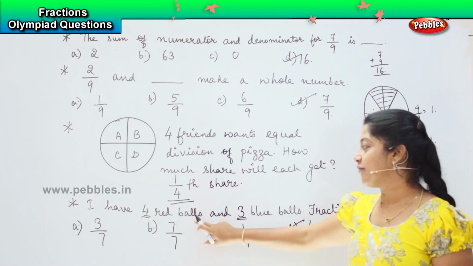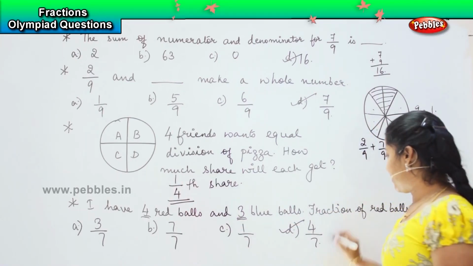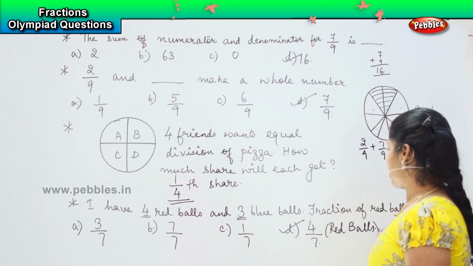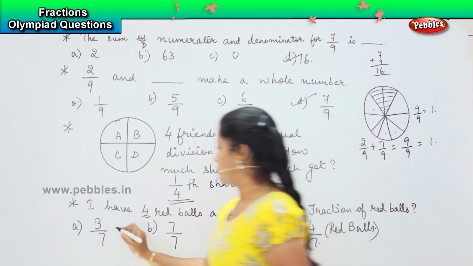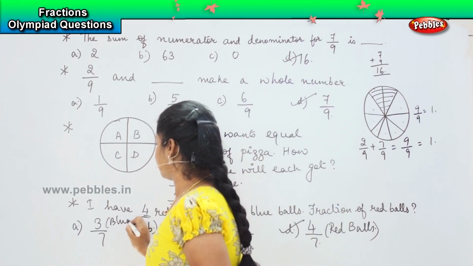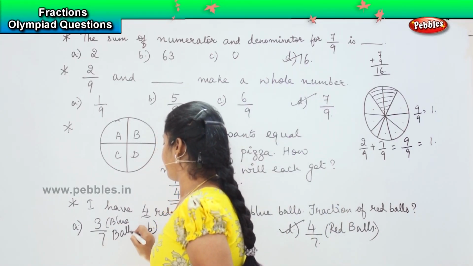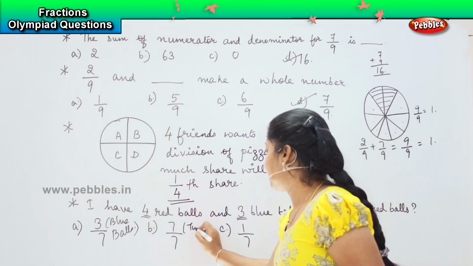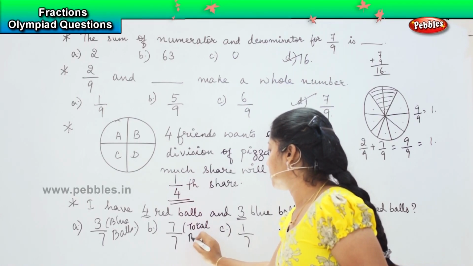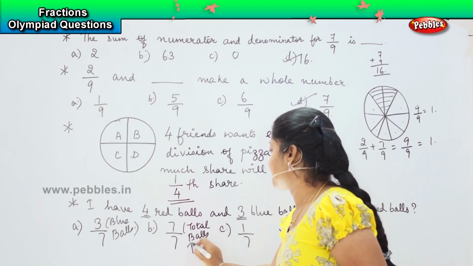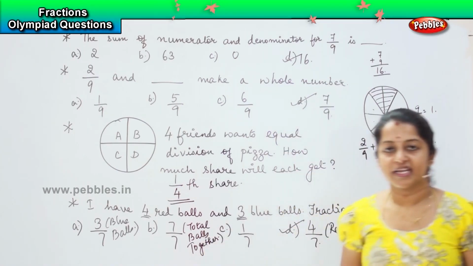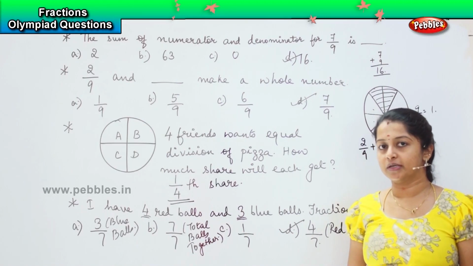The portion of red balls will be 4 by 7 and the portion of blue balls will be 3 by 7. And 7 by 7 will be the total number of balls. Clear, children? Shall we proceed further? The next question for you is,